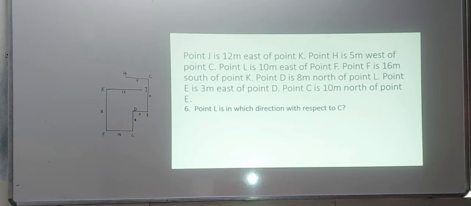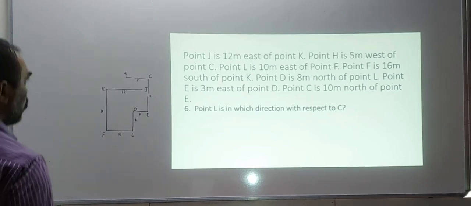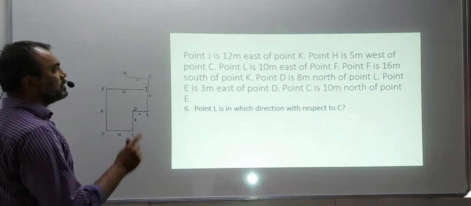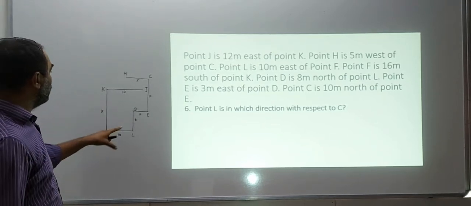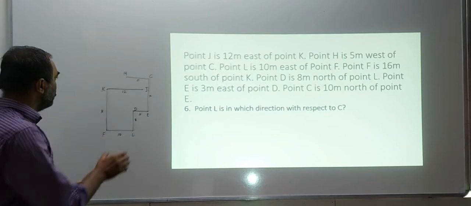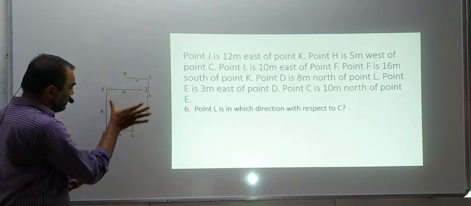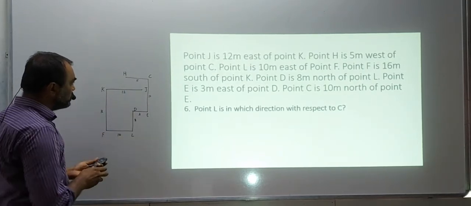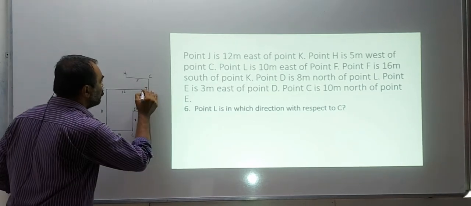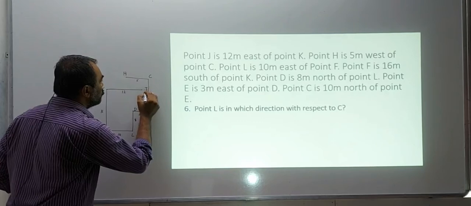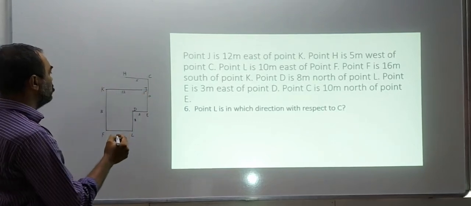Yes? So this is the figure that we get, right? So what did you see here? The points are mentioned but not in an order. And I have drawn it roughly to scale. I have written the figures here. Now what you have to understand, this is 12 and this is 10 and this is 3. So I can write here 1, because I need to know the distances.